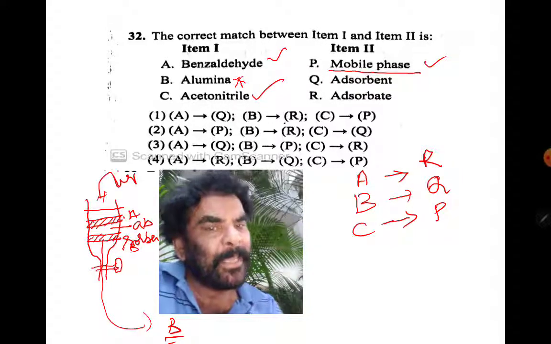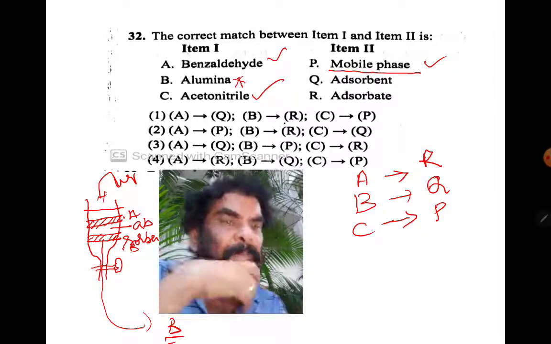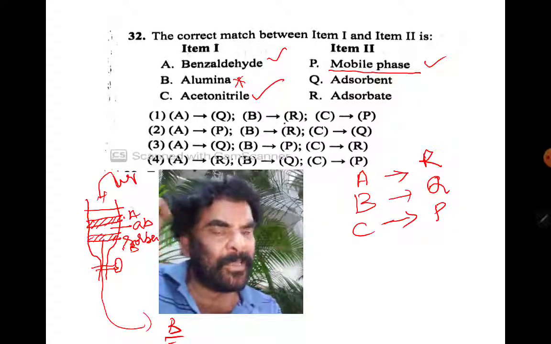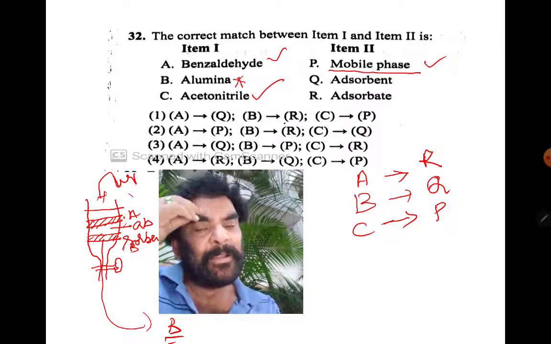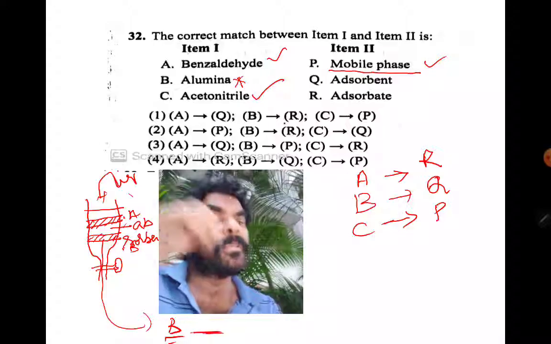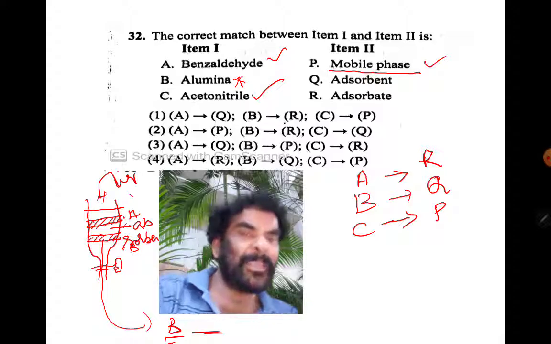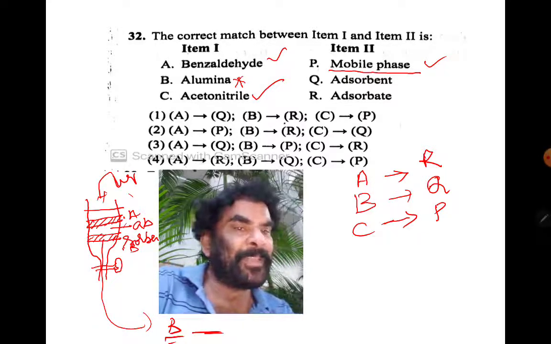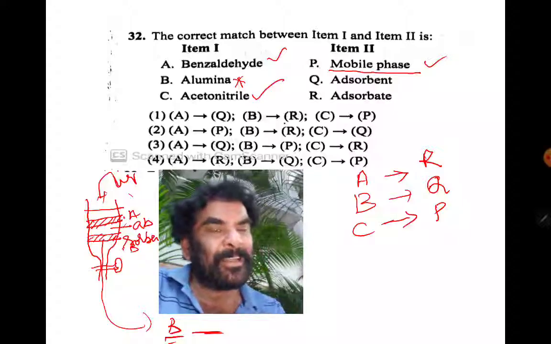A remains. The mobile phase used does not affect the adsorption of A. It is not dissolving A, it is dissolving only B. B comes out. Such a liquid is called the mobile phase. If you are not familiar with that part of the theory, I have not discussed it in detail. That is a different story.